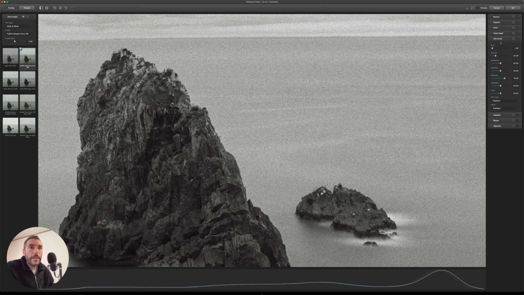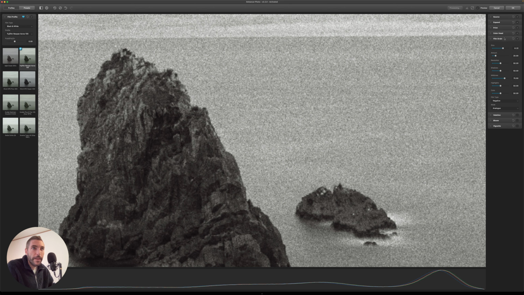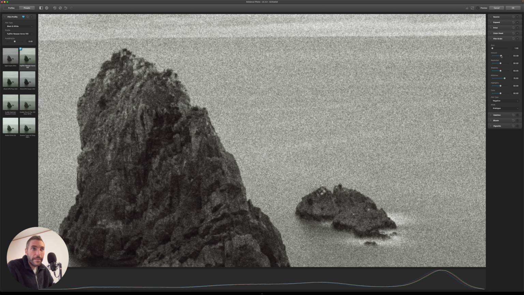So we do have size, amount, resolution, shadows, midtones, highlights, and color. Of course, for black and white, we don't want to go into the color here, but let's look at the other. So grain is different for different types of film, for different sensitivity film, and of course there are really fine grains and really big grains. So you can do whatever you want with these tabs to make the grain look bigger, smaller, and then add more amount of grain.